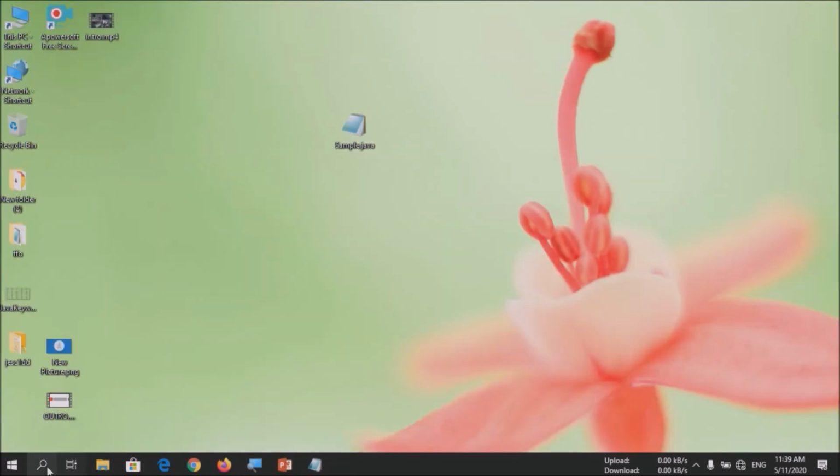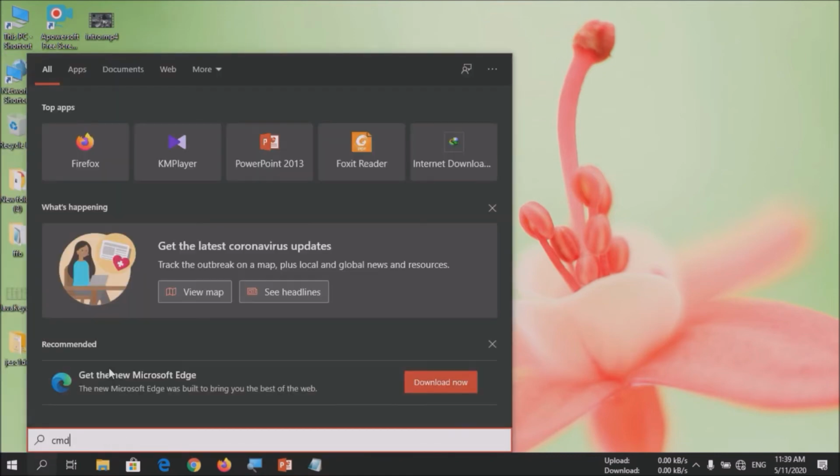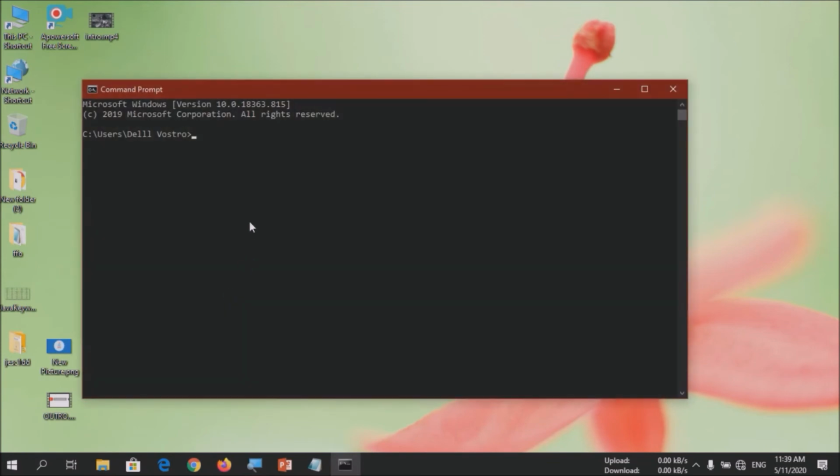For that, open command prompt, cmd, change the directory to desktop, enter. Now we have to compile the file. What was the name of the file? Sample.java.